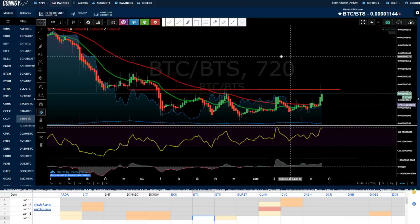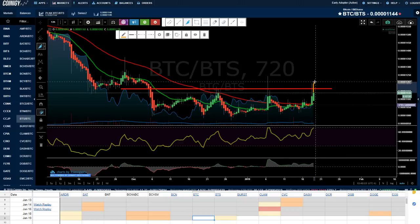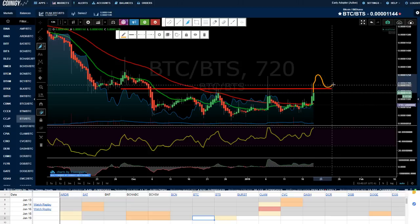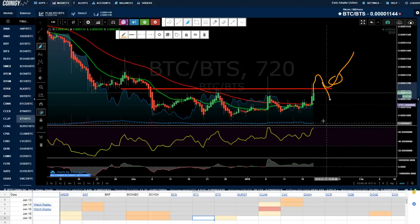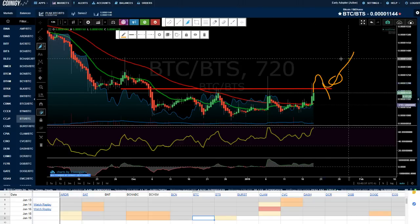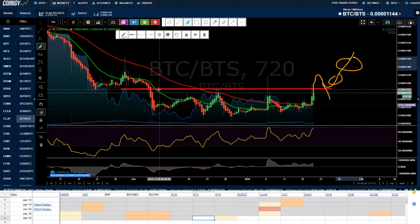And then we would always have two different strategies for thinking about getting in. First of all, you don't put all your money on to begin with. You put on a little bit of your bet. You could buy on the breakout, or you could wait for it to come back and retest this level and then buy on strength from there. That way you know you're not getting tagged into a fake out breakout again. And then after it's proven you correct, you can add on more to the trade, and we talk more about that in our Discord chat. So BitShares now is an alert, and in the spreadsheet there we've got